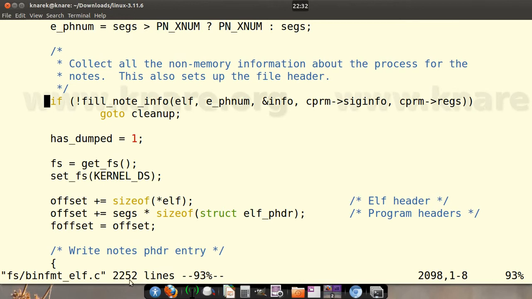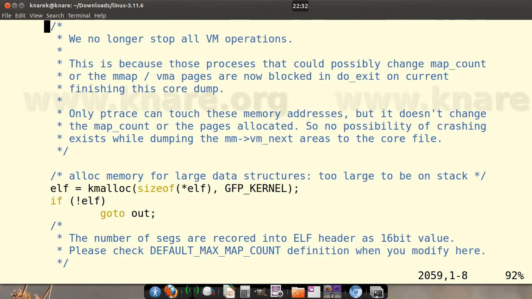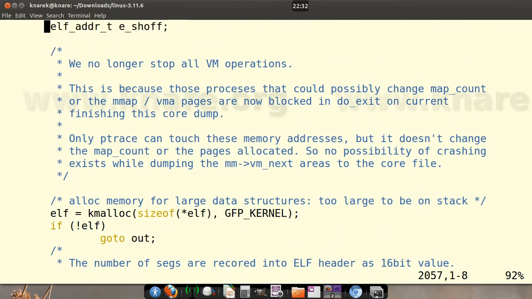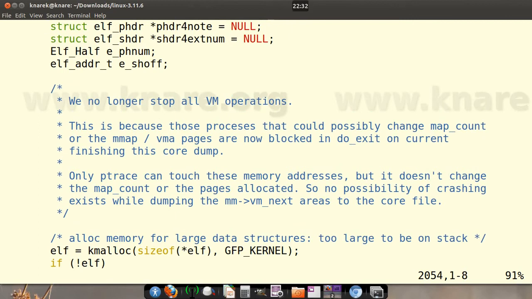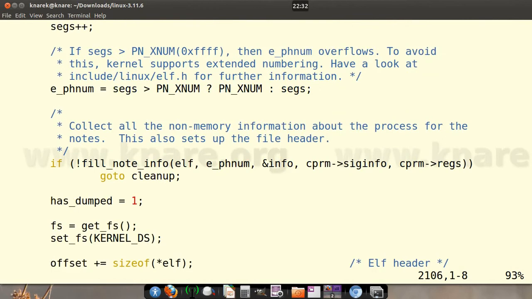Just go to this file and read it. This is very easy to understand as well. But before you read this, try to understand the ELF specification. You can download it from Google and read it, to see what the format of that file looks like. Once you know that, you come here and try to understand what information is going into the